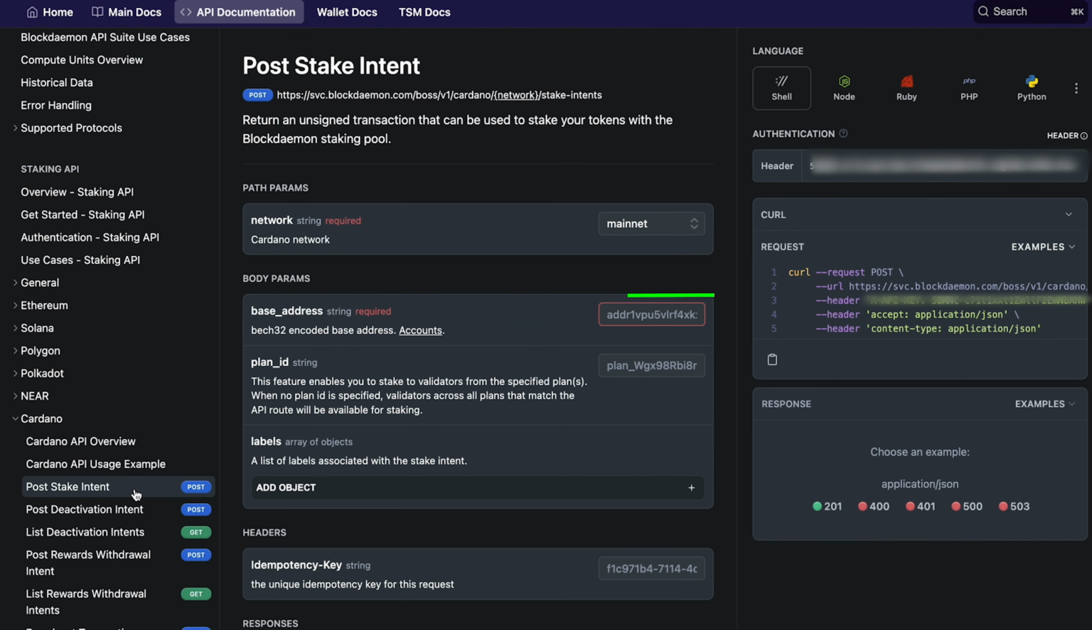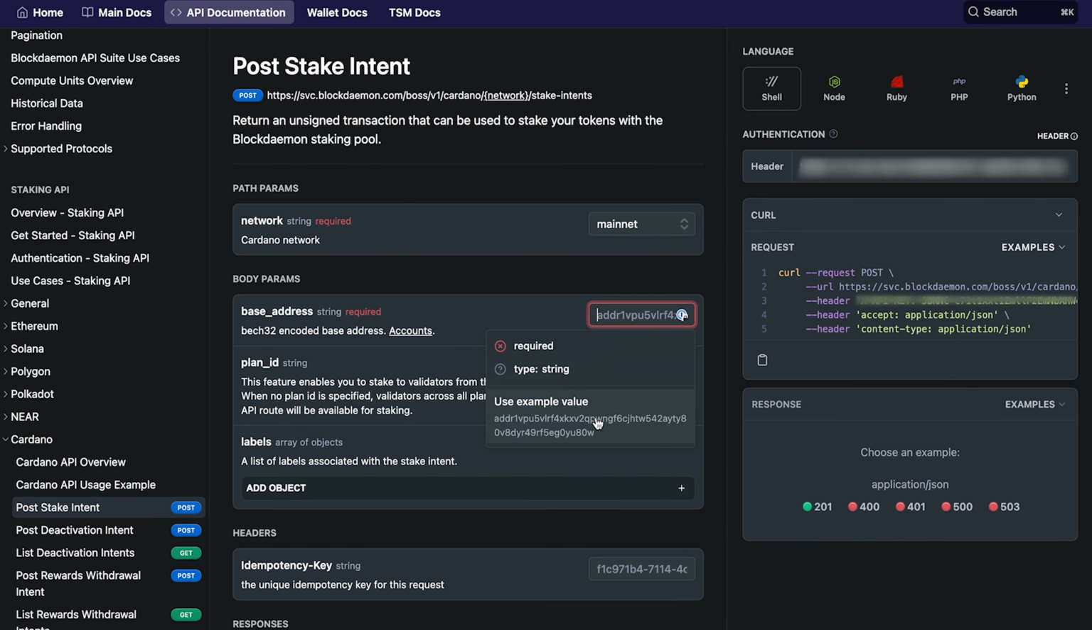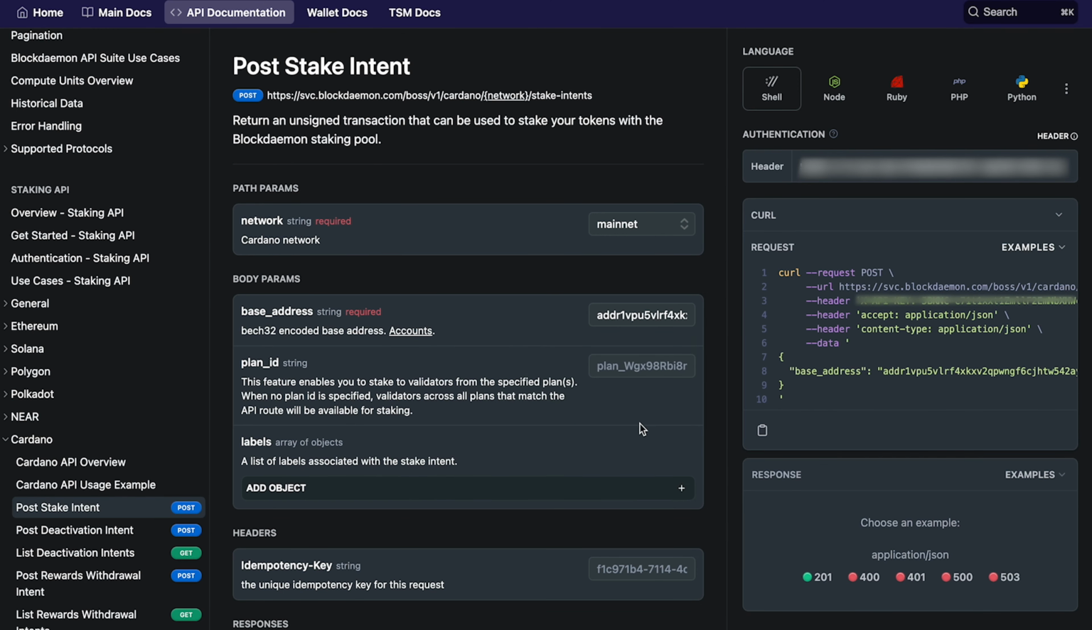Next, under base_address, enter your Bech32 encoded base address. All of the ADA that is owned by the address specified will be staked, as the Cardano protocol does not allow partial staking. Now that all of the required fields are complete, copy your API key that was created earlier